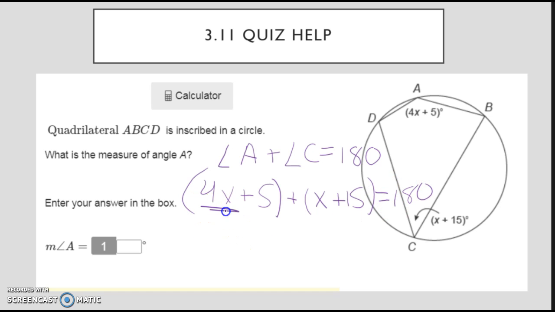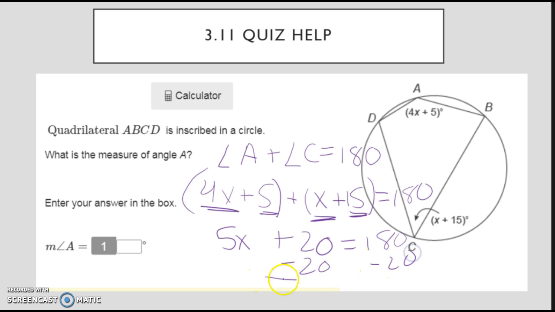We're going to solve by combining like terms. 4x plus x gives us 5x. 5 plus 15 gives us 20. That's equal to 180. We subtract 20 on both sides. We get 5x equals 160. Finally, we divide by 5,